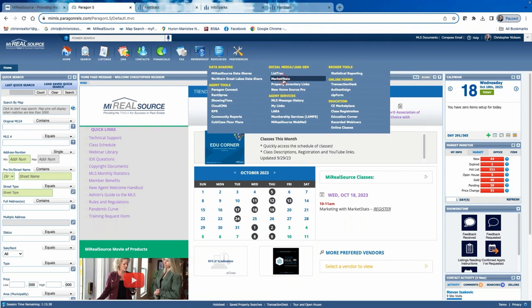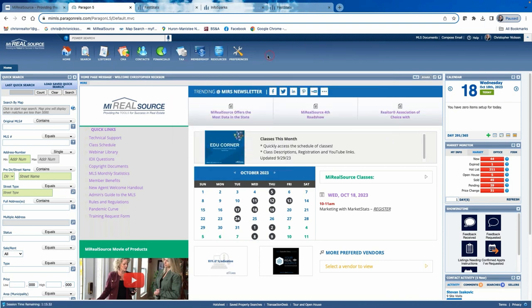The last couple of things we're going to hit on real quick, and I don't see any questions popping up, is just a little bit about the main page on your My Real Source homepage. If you look in this middle bluish bar right here, we have Facebook, Twitter, LinkedIn, all that other stuff. The most important thing is YouTube right here in the middle. If you open up the YouTube page, it takes us to our YouTube page, which is a great resource to